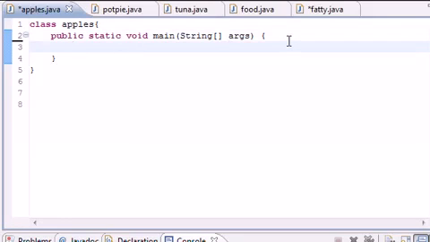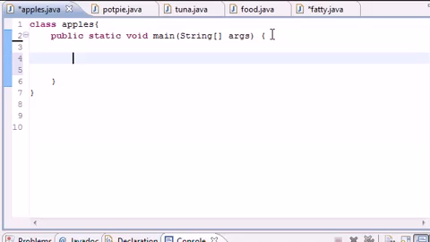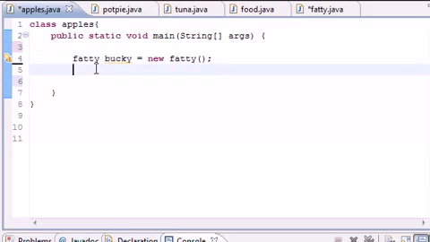Let's go in our main method, and let's start making some objects. Let's make a Fatty object, and we'll name it Bucky because that's me and I am fat. We'll say equals new Fatty with no parameters. So what we did here is we created a Fatty object named Bucky. And now, once we can use this Fatty class, let's give ourselves a way to use the food objects. So let's create a food object, FO, equals new Food. And why do we need to create a food object? Because